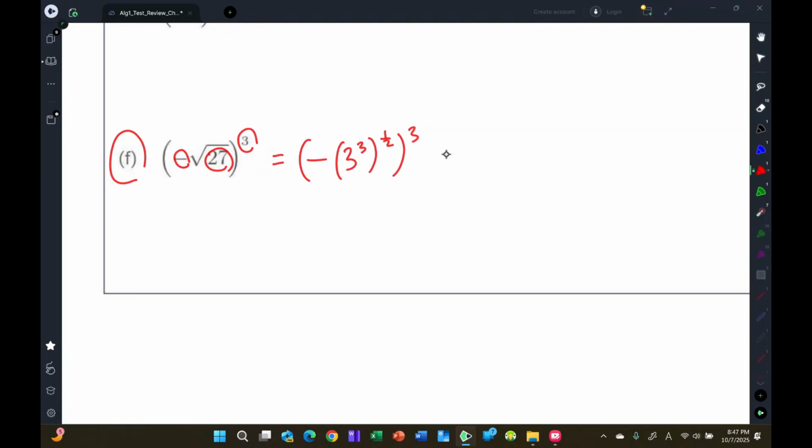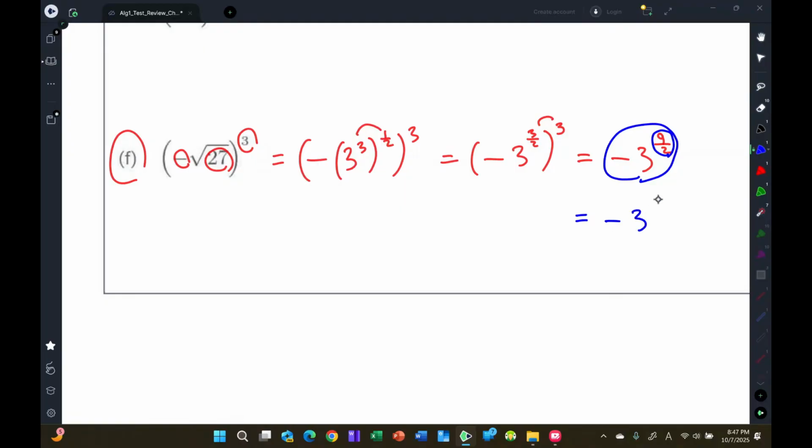Then what do you do? Well, let me multiply these two first. And negative 3 over 2. And then I have a cube here. And if you multiply these, it'll be negative 3 to the 9 over 2. Right? So is this the simplest answer? Because the question was to simplify each of the following, right? No. I think I can rewrite this, because if I rewrite this part as a mixed number, that's going to be